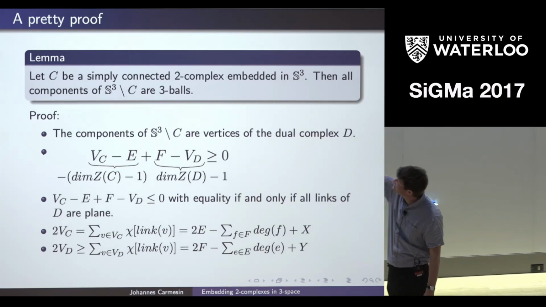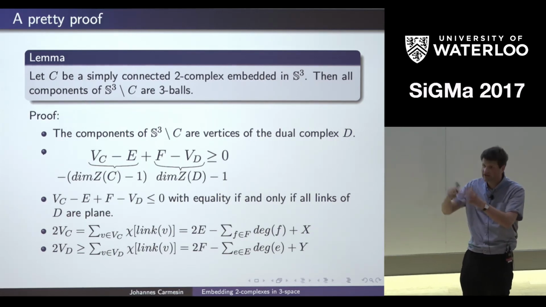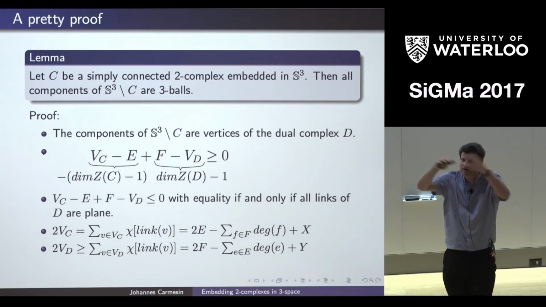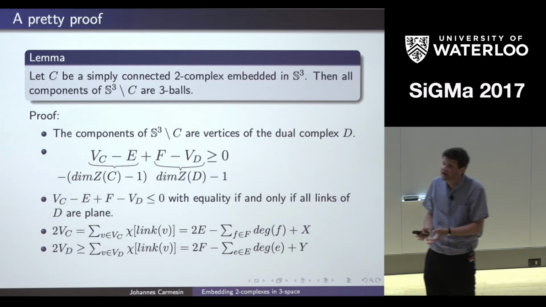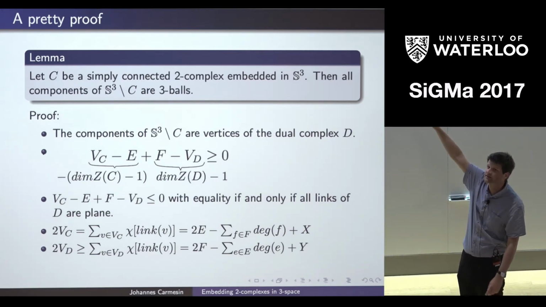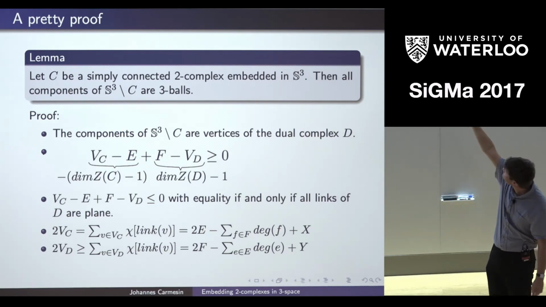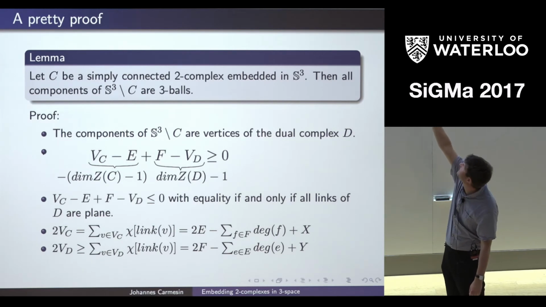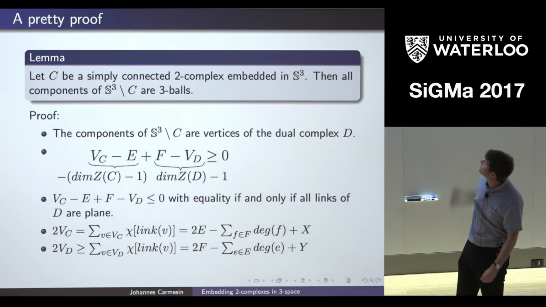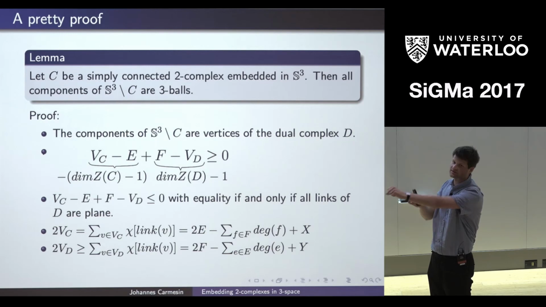And we don't get an equality there because we don't know yet that all link graphs of the dual complex are spheres. We just know they're connected, so they're just some two-dimensional surfaces. But we don't know what they are, so we just have an inequality there. And the edges of the dual complex are just the faces of the original complex. So we have in the second term the faces. And then also here, edges and faces interchange. So the sum over all the degrees of the edges, meaning the number of incident faces of these edges.